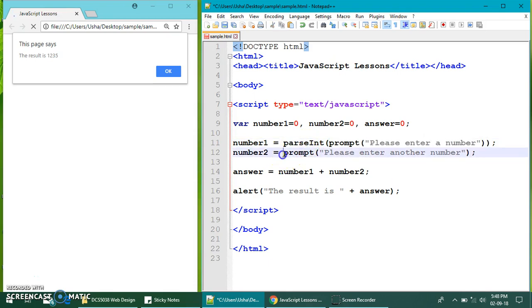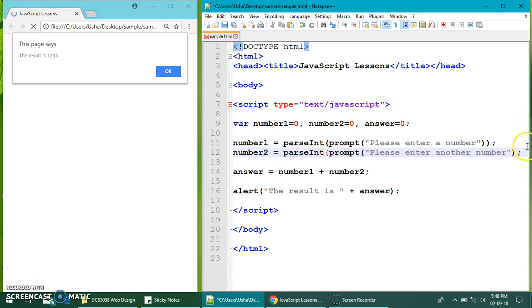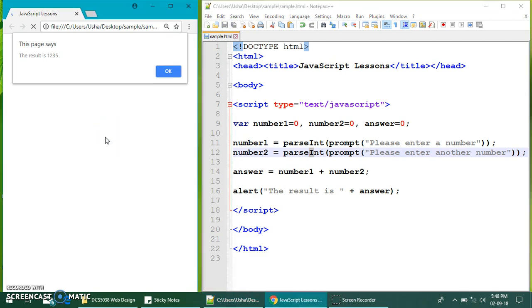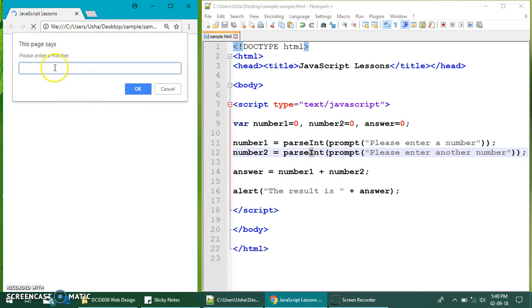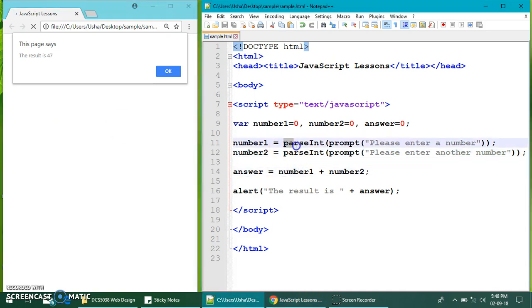So, whatever I get from this particular box, I convert it and it becomes a number. The same thing I have to do for the second number. Parse int and then make sure you close the brackets at the back. Remember, follow the spelling. The I is capital. Save this and refresh. Okay, let's try it again. Please enter a number, 12. Please enter another number, 35. So now I get the correct result, which is 47. After I have converted the value